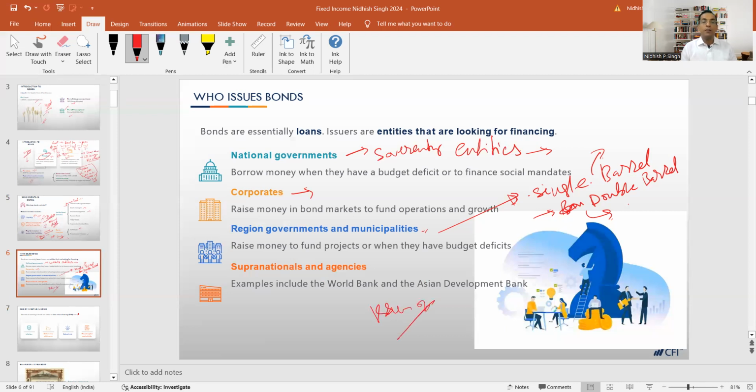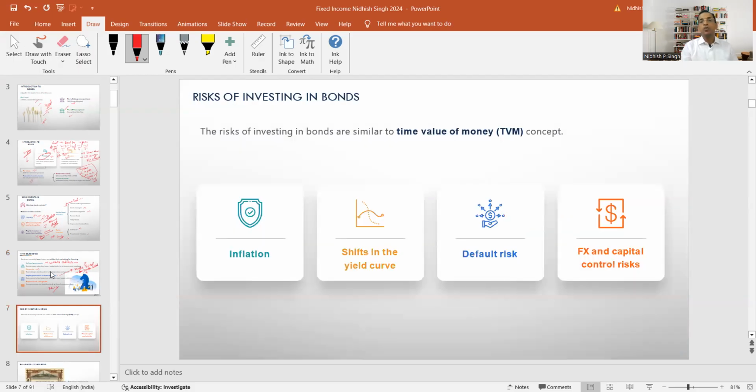So different kinds of bonds can be issued by those supranational agencies as well. So these are some of the entities which can issue bonds. So far we have understood the risk-return profiles at a very high level: why to invest, who issues a bond, and who invests into that as well. Now we will take a step back to understand some of the macro and microeconomic perspective behind the